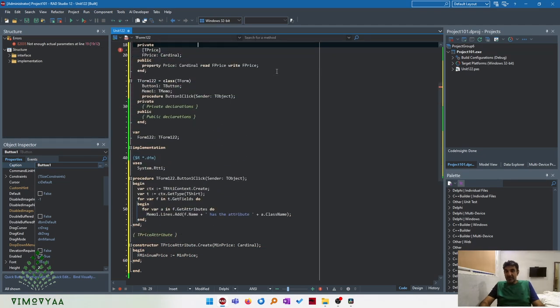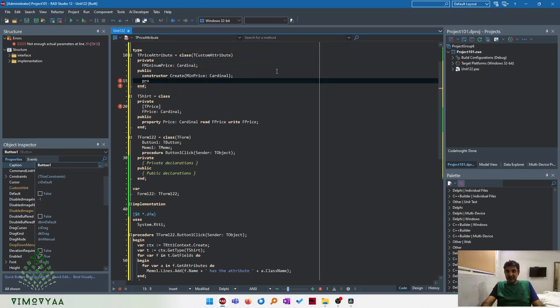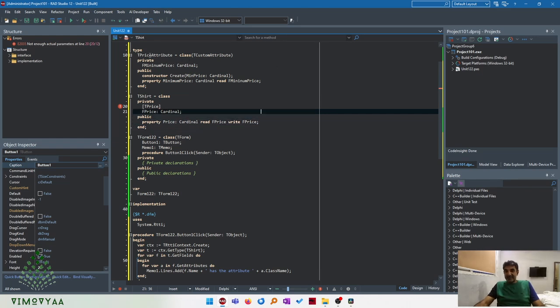And what I want to do is access this again via a property. So let's just say property minimum price is Cardinal, read is f minimum price, and write, we don't want to write anything. Just read it. No problem. So what happens now is that this attribute